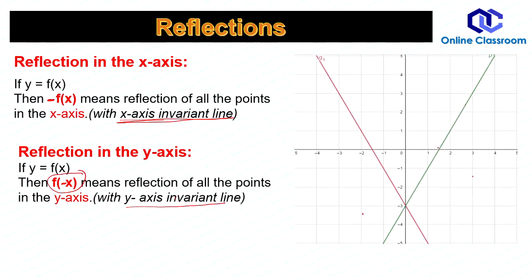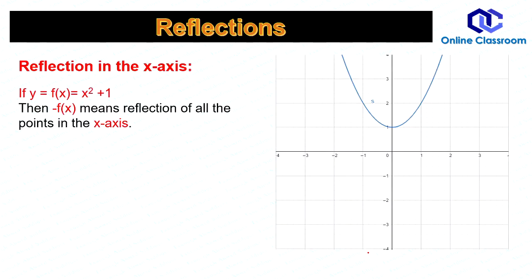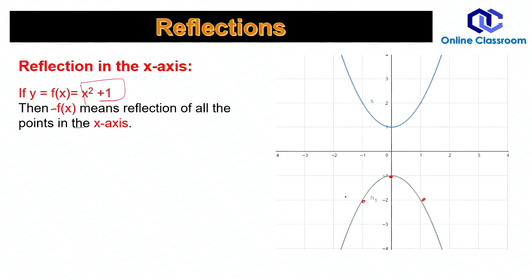Get the idea clear, get the representation clear, where we should put the negative sign. Is that clear? Now, more examples. I have a quadratic function x squared plus 1. Now negative sign means reflection in the x-axis. So this part 1 comes here, this part 2 goes down, this part also goes down. You see the new graph is something like this. Reflection in the x-axis. A very simple idea, keep the x-axis as a mirror and draw the mirror image.